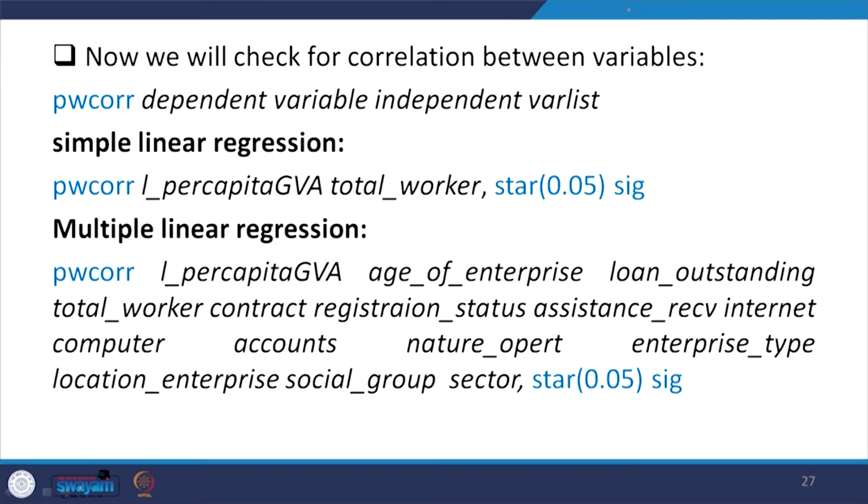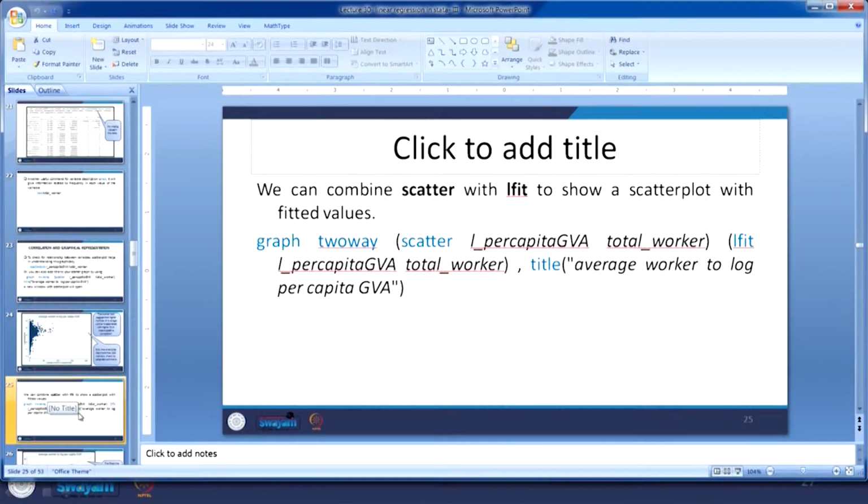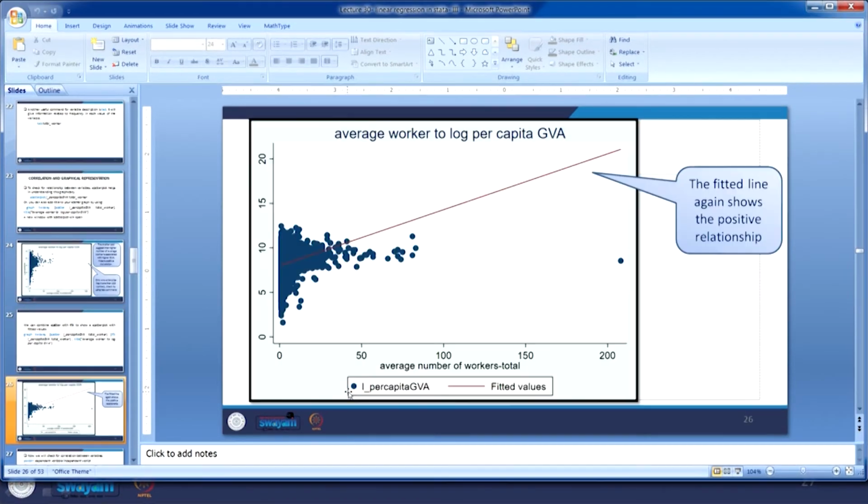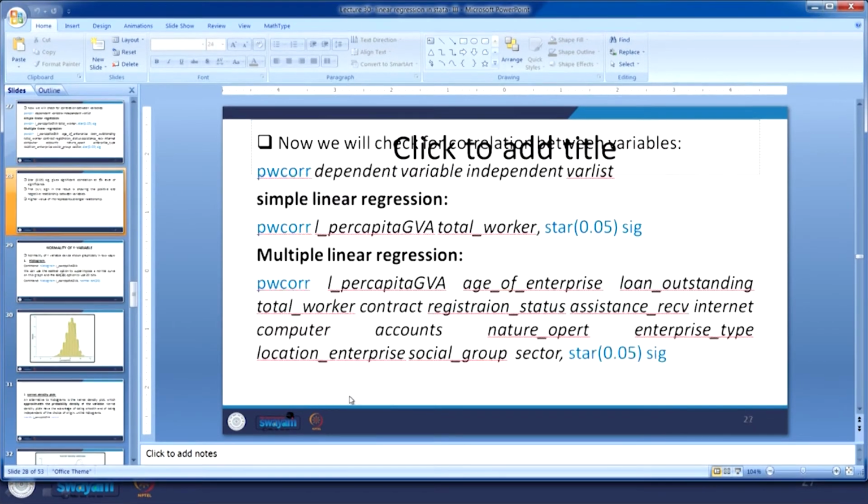Now, for simple correlation, if I type the dependent and independent variable, we can get that. But just correlation may not have any interpretation unless we have some form of its significance level. So, we will attach the significance level to it as well. Alright. So, let us go by that and experiment this from the data.